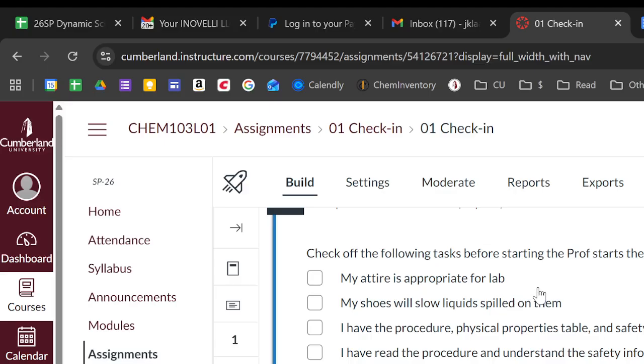So that's appropriate attire. You cannot show or bare your midriff. This is not usually a concern during winter, but when it starts getting warmer, it'll be more of a concern. When you're wearing coats, this is one of the big things that we're going to see right now, is that you need to keep it zipped if you're cold. It does get pretty cold in here. If it's windy, you'll see that that fan right there has vents that open to the outside, and they can blow open. So when it's cold and windy, it can get pretty cold.